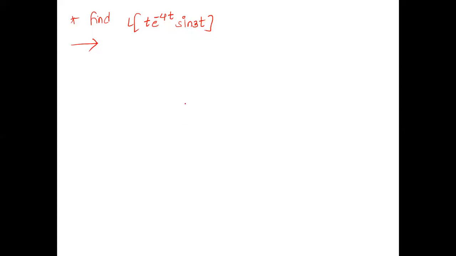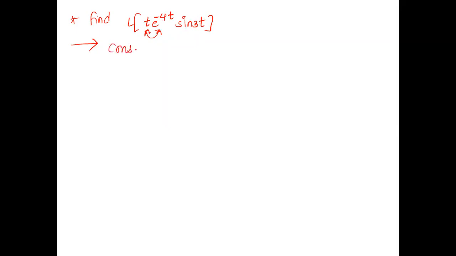Correct. Very good. So if you can see, there are 3 terms, out of which e is the property, t is the property. Sine is not the property. So sine is the basic formula. On that, you can apply this first or this first. This is your choice because this is multiplication, so place can be changed. So find Laplace of this. On this, you can apply this or this and then the remaining.